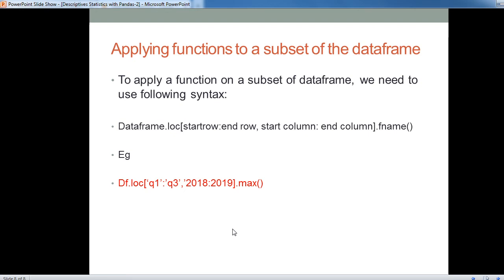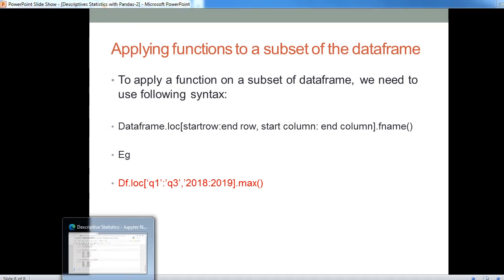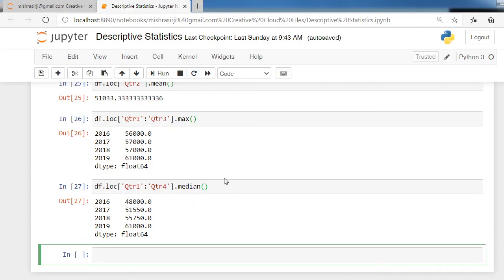Now see how to use this. I am writing here df dot loc. First I am writing the row indexes qtr1 colon qtr3.